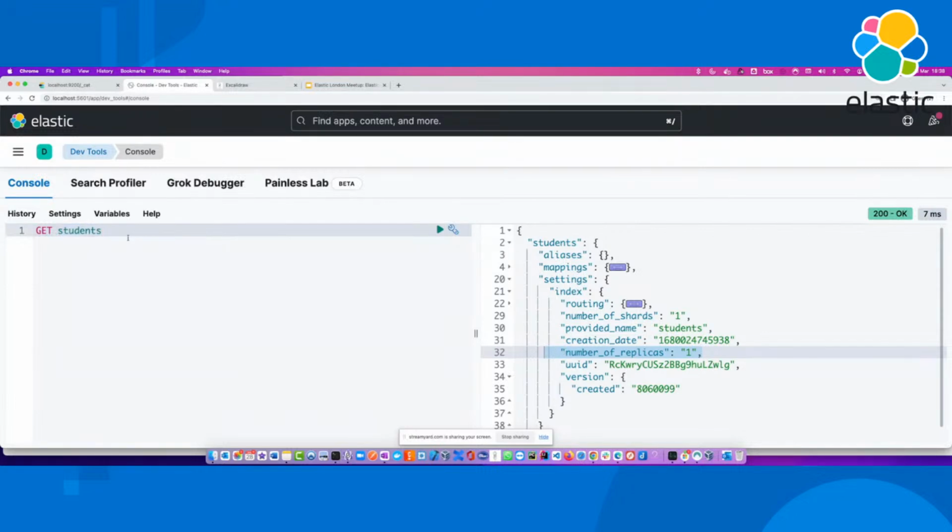By default, when you're creating a student's index, you're normally expected to create the index with one shard and one replica. I did not introduce you to the concept of replicas, but replicas are nothing but, as the name suggests, copies of your data. As long as you have one shard, which is basically your holder of the data, there should be one replica or copy of the same thing, one or two or 10, depending on how many replicas you want to have. The more shards you have, the better for your search indexing. The more replicas you have, the better for your read performance, or reading the data quickly. So that's the performance side.